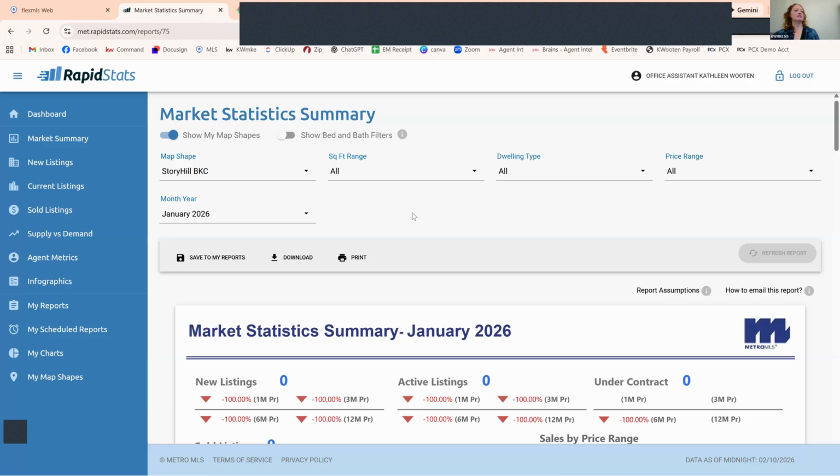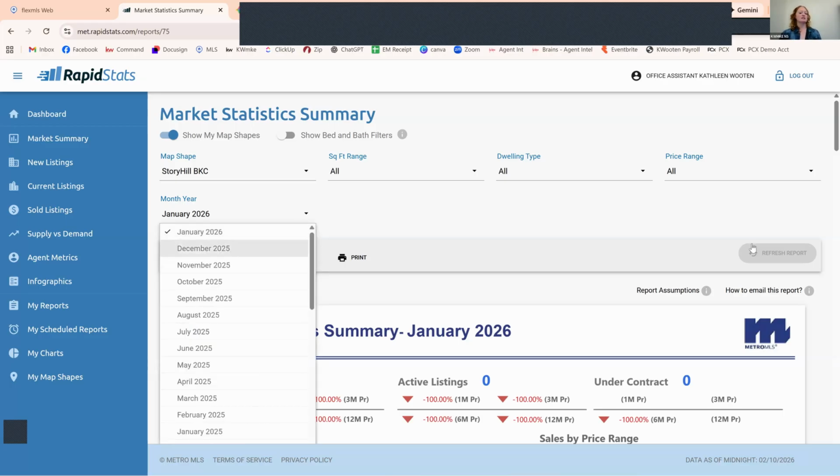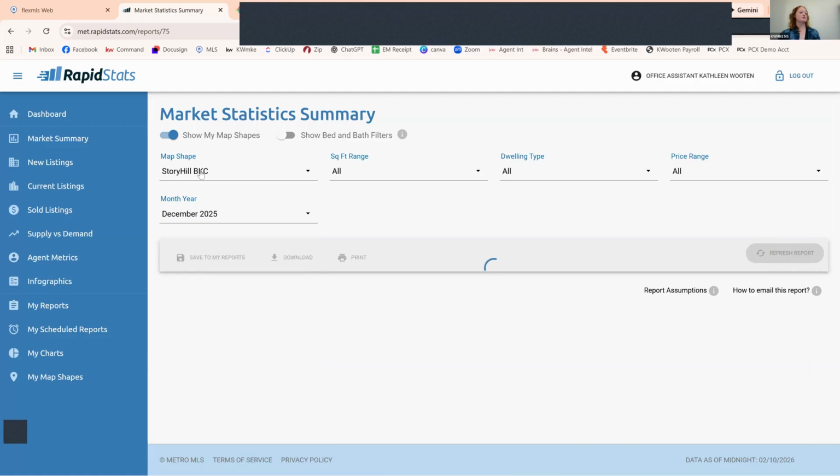I think just in general, the market summary is a useful one because most people have ideas about the market, but they're getting that information usually nationally, right? And so it's our job to hyper localize that information for them. And it makes you the expert of that area, right? So the fact that you can come in here and pull a specific report, even down to a neighborhood, because you did the map,